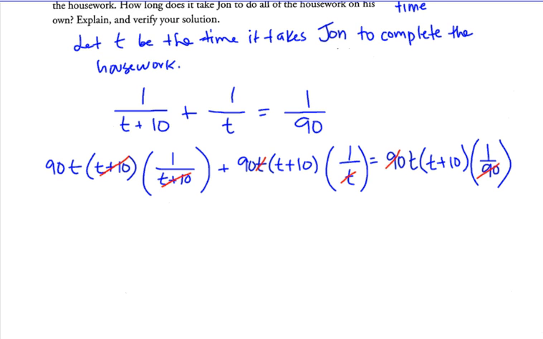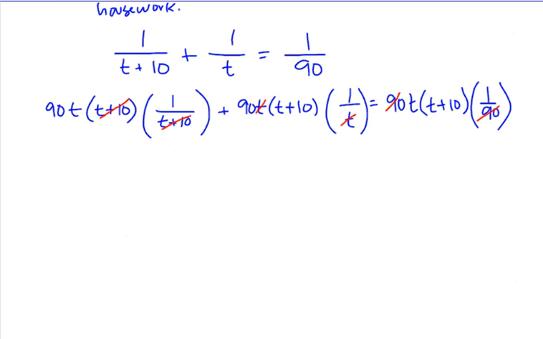So we are left with, on this side, 90t plus, what are we bringing inside here? The 90t or just the 90? Just the 90. The t's canceled out. So it'd be 90t plus 90 times 10, which is 900, equals,